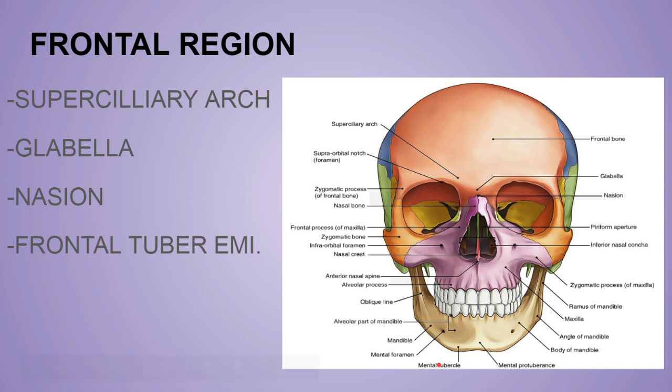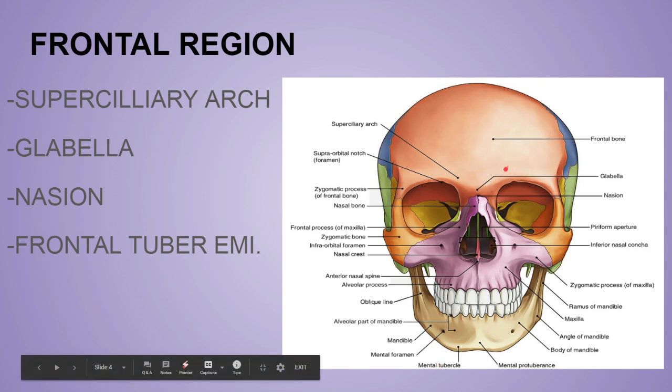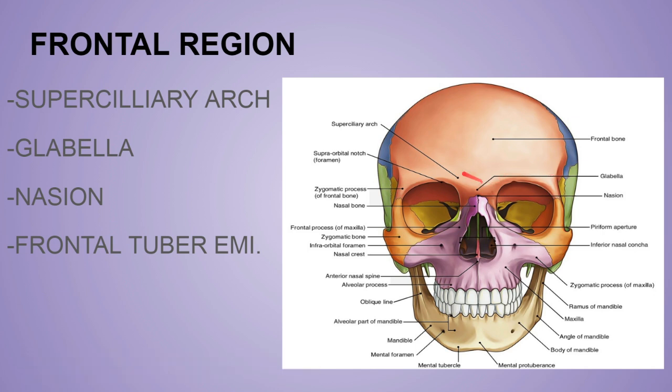So now first of all the frontal region. Frontal region has mainly 4 things. That is the superciliary arch. This over here, the prominent bony part above your orbit, right? This is your orbit where the eyeball exists. Now above this upper margin of the orbit you have a bony bar, where actually your eyebrows are mainly present. That is the superciliary arch. And this is mainly more prominent in males as compared to females, right? And it actually overlies one sinus known as the frontal sinus. So remember, it overlies the frontal sinus.